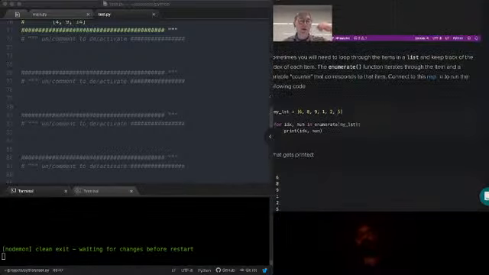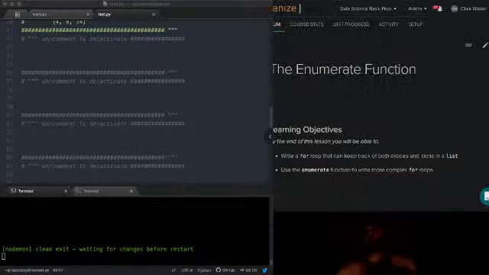So here's, I think, the big question that I get with enumerate, we'll actually look at how to use it, obviously, but the big question is, when should I use it? You probably think of a time where this has happened, where you think, okay, I'm looping through a collection and I need the index. If you have that thought, like, I think I might need the index, just enumerate your collection that you're looping through. It's not going to do you any harm, and you're going to get the index.